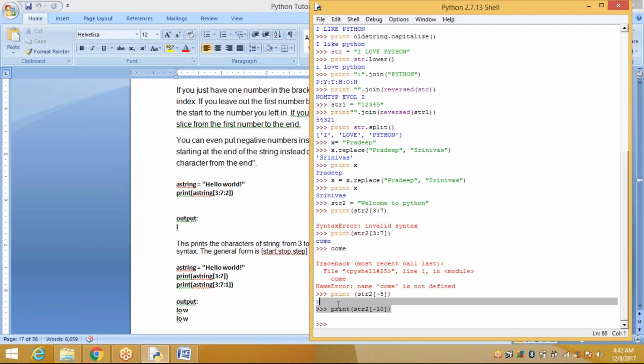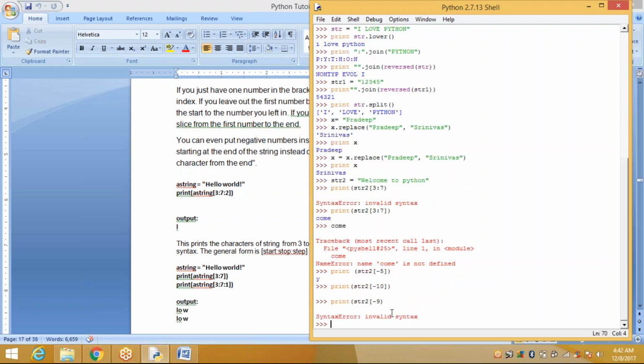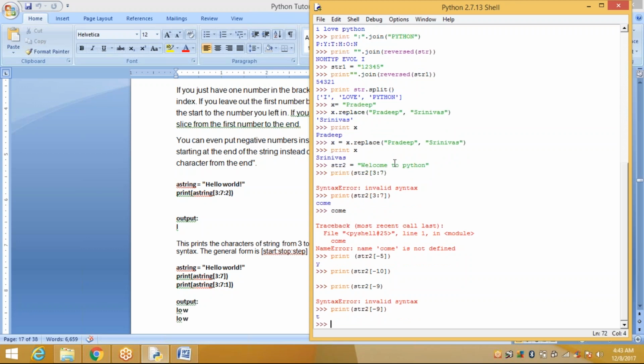Suppose I type like this, -9. Okay. -9, t is the -9 value.